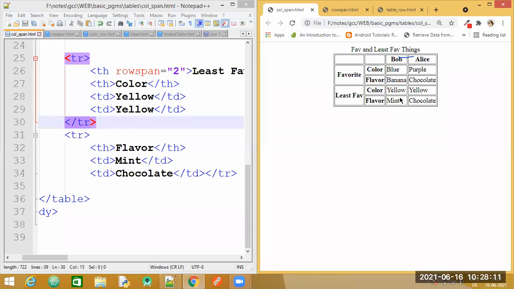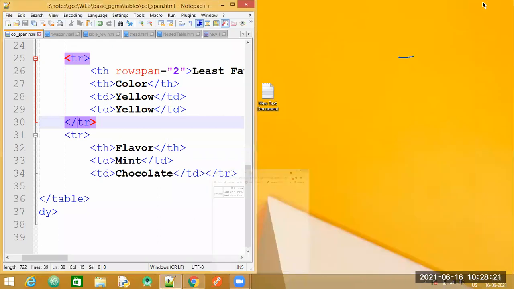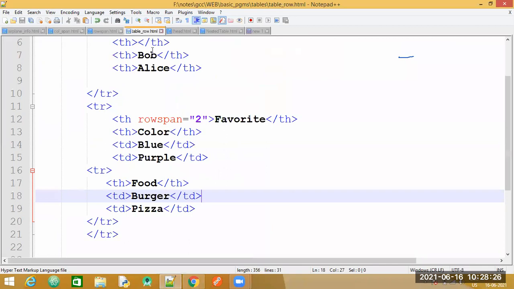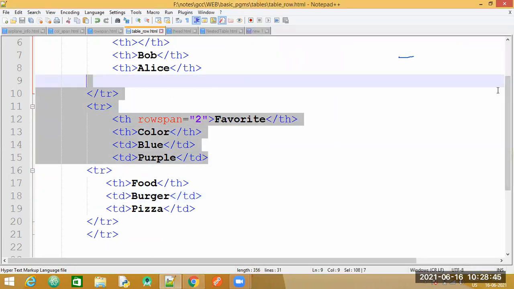So first, let me show you the output. We'll do one thing. We'll close these. Let's have a look at this particular output here, which is displayed. So you can see this particular thing is just like the one we did, black and white, and just borders are there, and row span and column span properties are implemented. Now what I will do is, for the table,